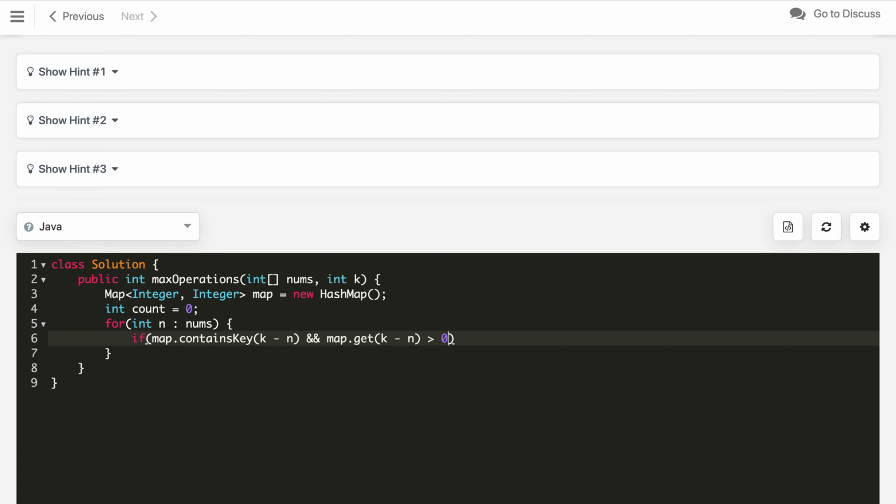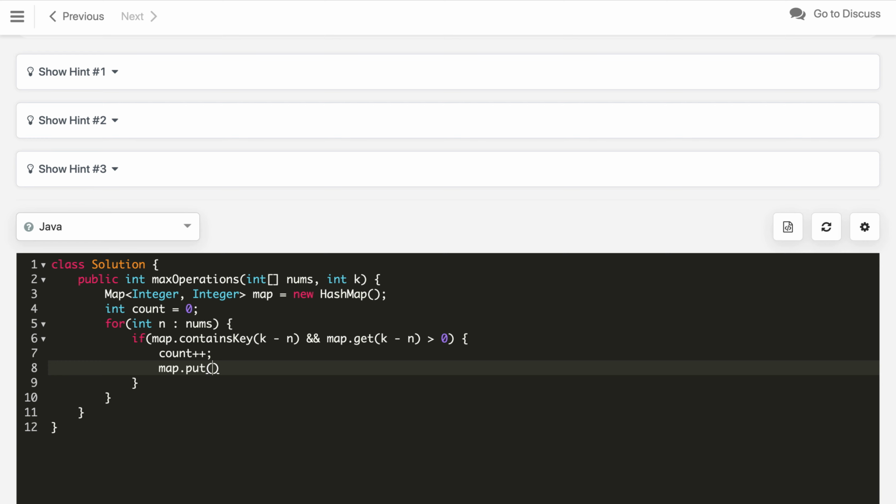If it is greater than 0, then we increment count, as we found one pair, and decrease the frequency. Map dot put the frequency of the complement, k minus n, which becomes map dot get k minus n minus 1.